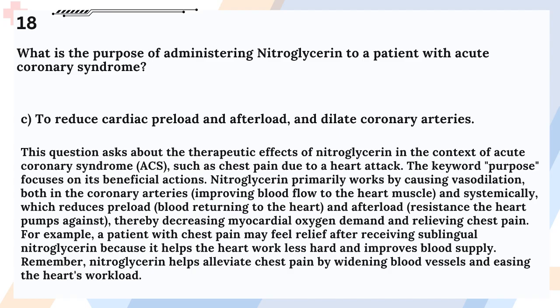This question asks about the therapeutic effects of nitroglycerin in the context of acute coronary syndrome, ACS, such as chest pain due to a heart attack. The keyword purpose focuses on its beneficial actions. Nitroglycerin primarily works by causing vasodilation, both in the coronary arteries, improving blood flow to the heart muscle, and systemically, which reduces preload, blood returning to the heart, and afterload, resistance the heart pumps against, thereby decreasing myocardial oxygen demand